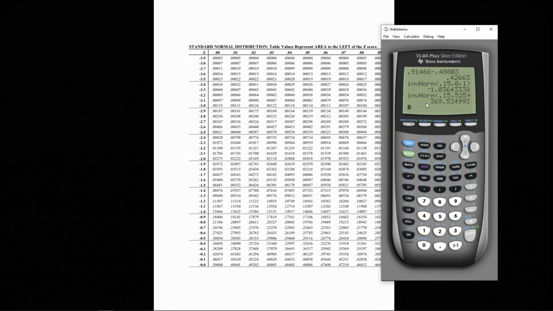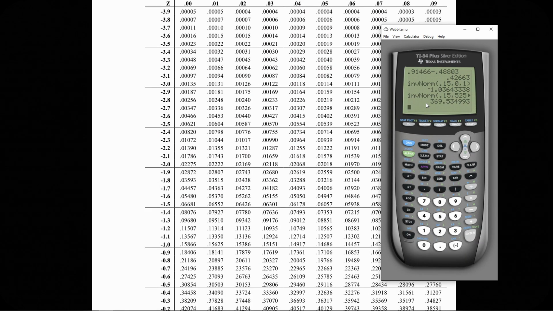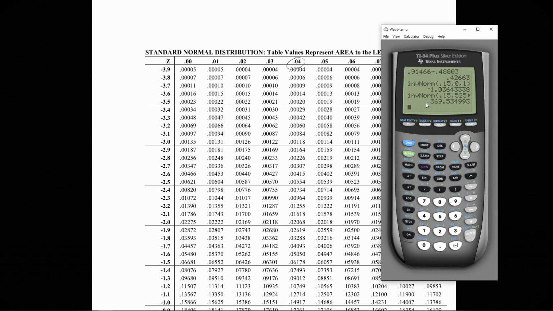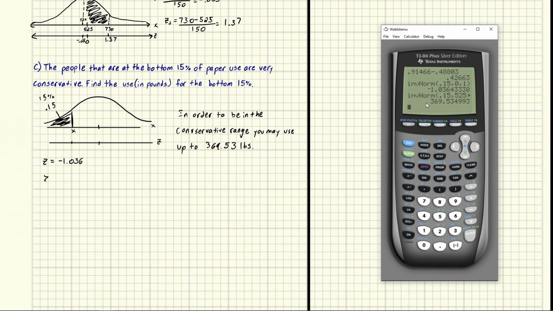So we're going to go for 0.15. That's what we're looking for here in the middle. So here's 0.11. And let's keep going. 0.151. 0.149. So this looks pretty dang close. So if we look at this going out, it corresponds with -1. And if we come up here, 0.04. So we would write z is approximately -1.04. And if we were to round the one the calculator gave us, we would get this. So this is just due to a rounding error, which is why ours is slightly different, but